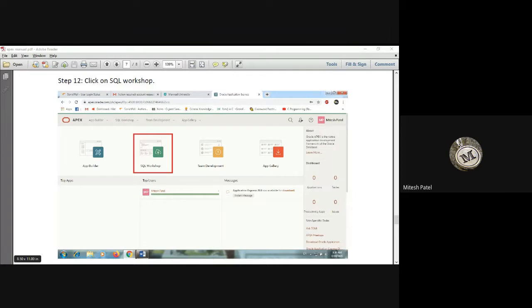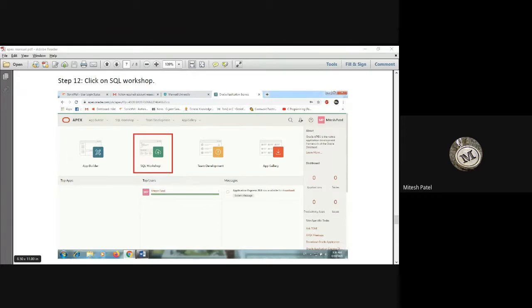Be fast. You can perform all these steps on mobile also; it's not required to have a laptop. Even all the queries you can perform from mobile.